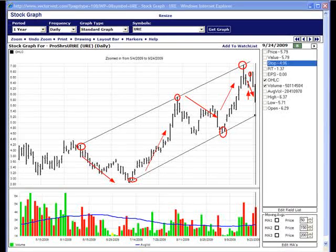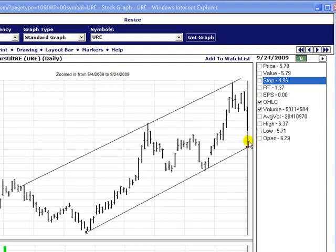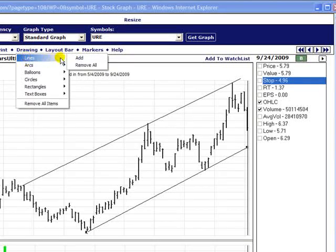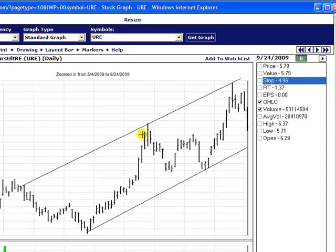So now the question is, why did I exit here instead of waiting for it to hit the bottom line here? And here's my rationale on this matter. Yes, it might go down even lower to this bottom part here, but there's also a possibility. We're going to add a line here. Notice that right in here,